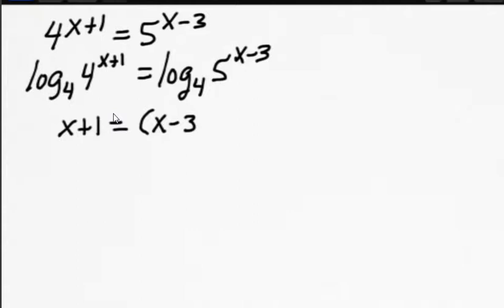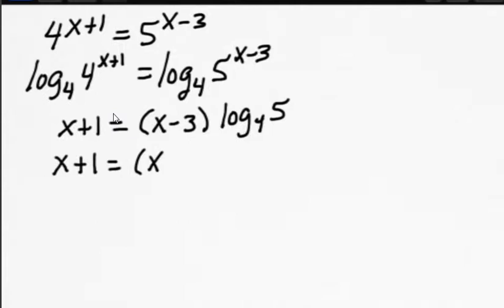Now I still have a mess on the other side to deal with, but it's maybe a little bit less of a mess. So now I'm going to bring the x minus 3, and then this is log base 4 of 5. And remembering that I can't do log base 4 of 5 sometimes on my calculator, I'm going to rewrite that. x plus 1 is equal to the quantity x minus 3 times log of 5 divided by log of 4. Okay, so there's a little fraction I have to deal with. Instead of leaving it like that, I'm going to change that to a decimal number. So if I do that on my calculator,